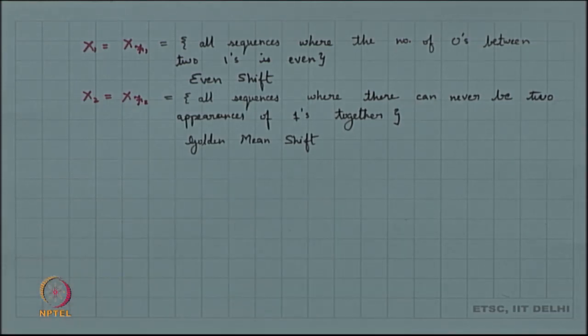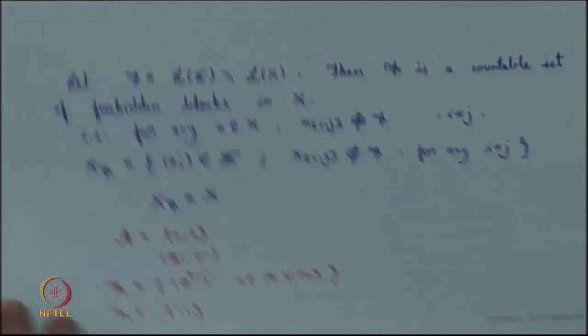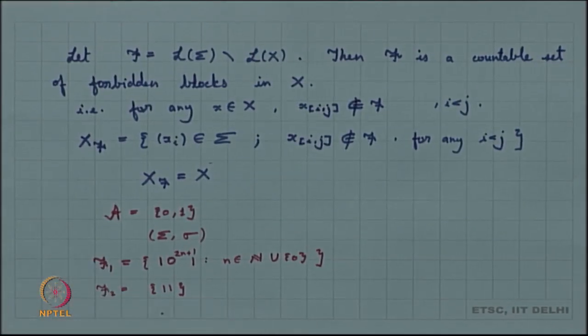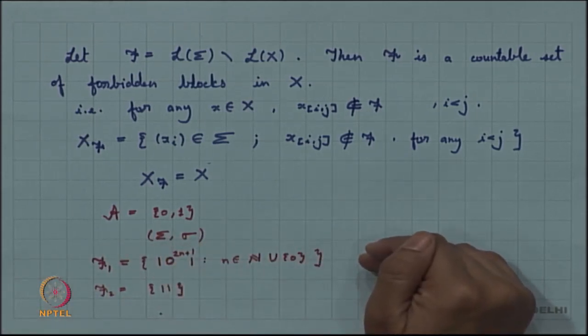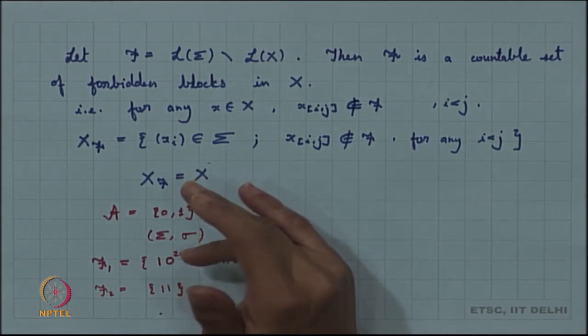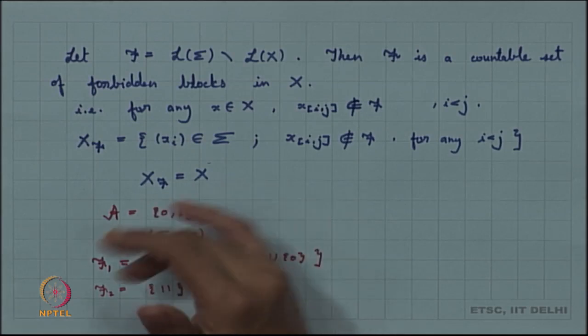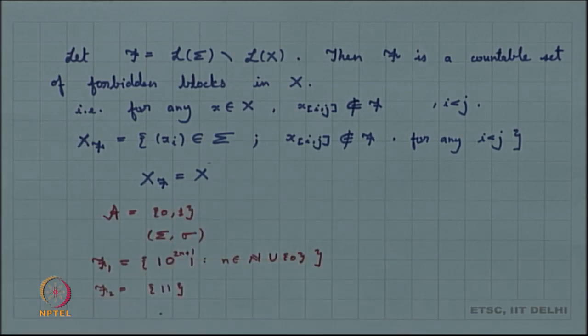Now, the interesting fact here is that if we compare the two forbidden block sets, the forbidden block F1 is an infinite set. Whenever we are looking into forbidden blocks, we are basically just trying to push up the set which is forbidden. In the second shift also, the forbidden blocks are infinite, because 1 to the power n for all n greater than or equal to 2 is forbidden. So the blocks are infinite, but the representation of the forbidden blocks is finite.